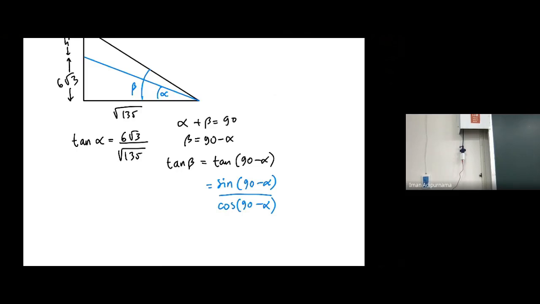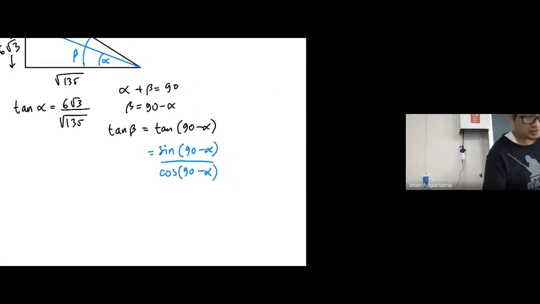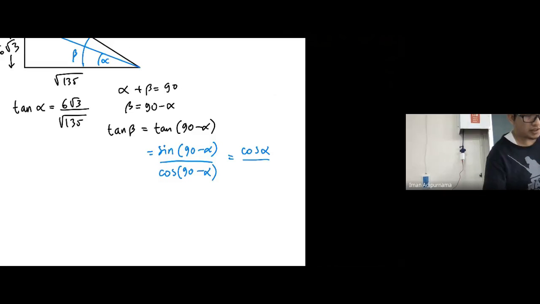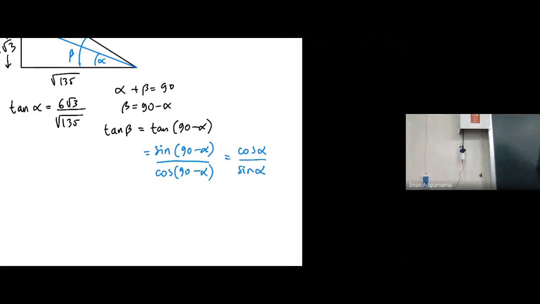The difference is 90. So if I have sine of 90 minus alpha, it becomes cos alpha, right? Remember, I think from high school, it is cos alpha and sine alpha. So basically, you just flip this around. The tangent becomes the cotangent. So tangent beta